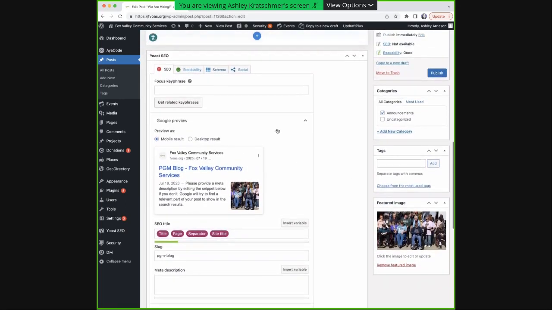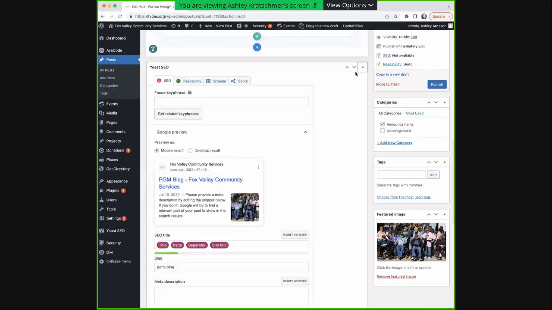Yeah, and then just so you know too, the next thing you're going to take a look at is a Yoast SEO builder plugin. We went ahead and put Yoast SEO, a free version of that, on your website, so that if you ever wanted to do any search engine optimization initiatives, you have this. So this will pop up for every single blog post, every single page, every single event, anything that you create. You'll see this little toggle here. You can toggle it down or up if you're using it. And if you ever wanted to attribute a specific keyword for your pages, you could do that here. So if you wanted to do, you know,